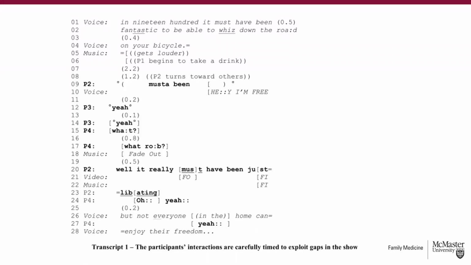Here's another example. This is a transcript of two people talking while watching television. So it's being analyzed as part of a conversation analysis project. And conversation analysis is an approach to studying social interaction. It embraces both verbal and nonverbal communication. And really, it started with a focus on casual conversation, but over a couple of decades, it's evolved to embrace more institutional and professionally focused conversations.